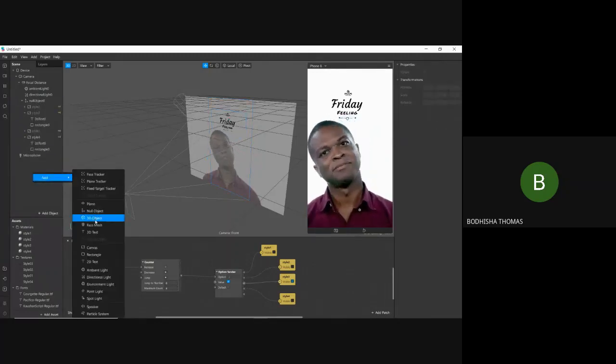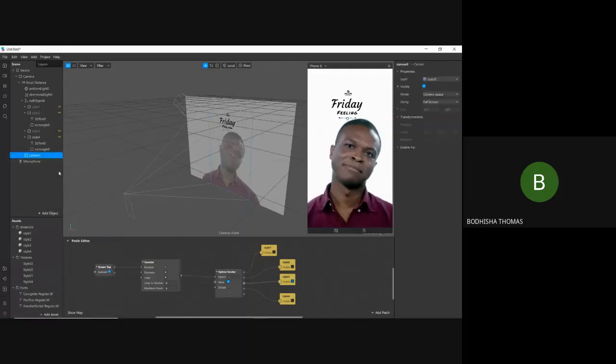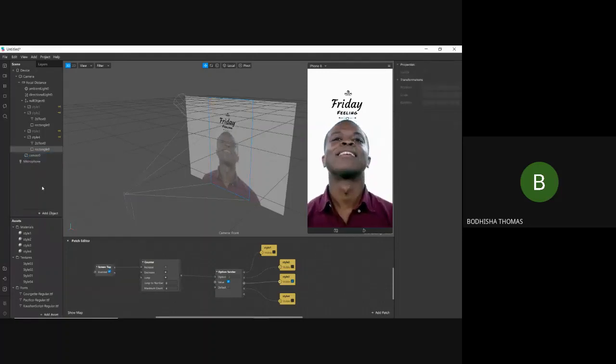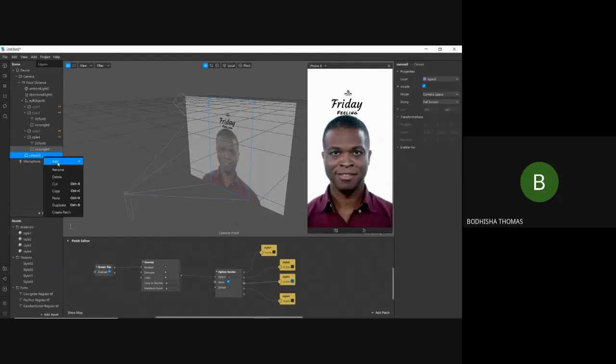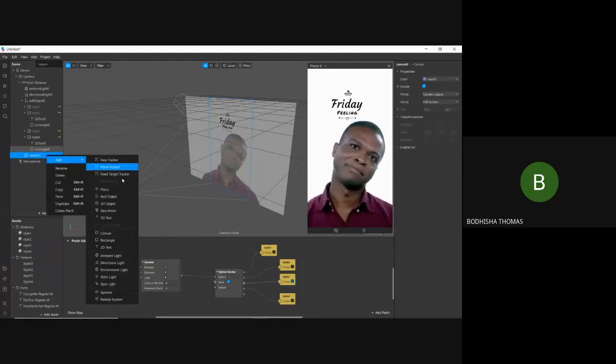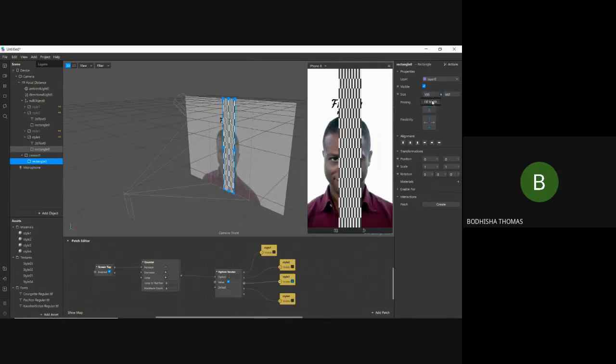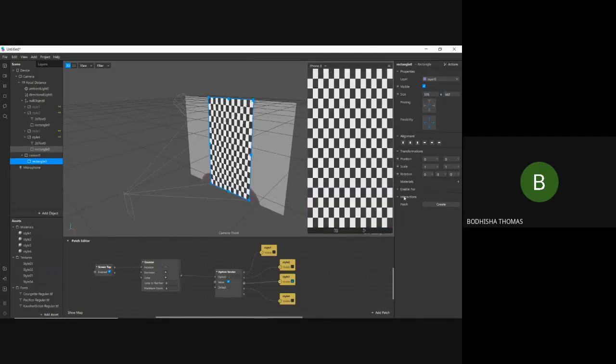Okay, we added a canvas. Inside the canvas, we need to add a rectangle. Add rectangle. So now that we have a rectangle, we'll put this as fill width and fill height. So the entire screen is covered with this rectangle.